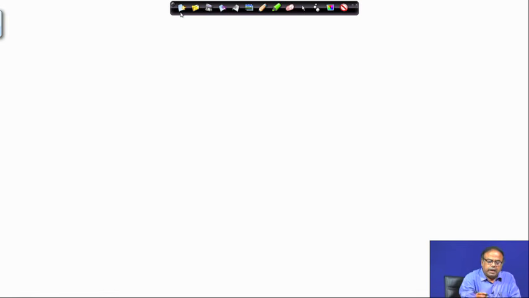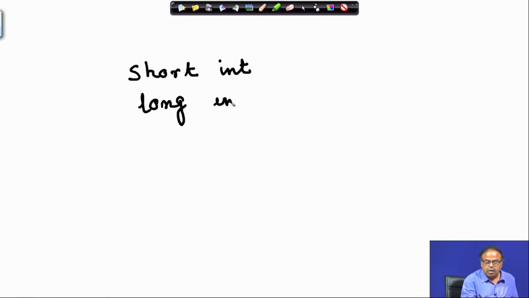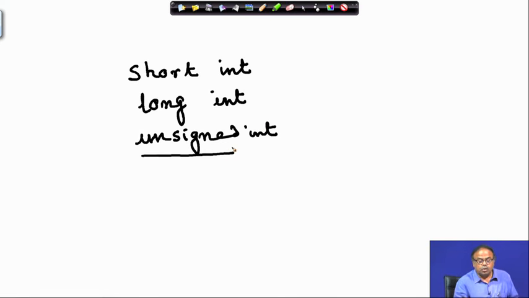Just like int, float, char, we also have got some more like short int, long int or unsigned int. These are also different data types. We will come across these in the course of this lecture.